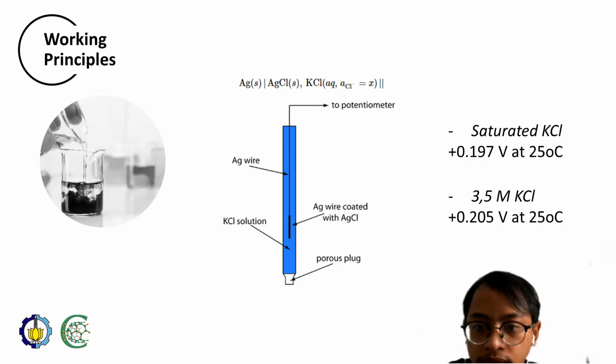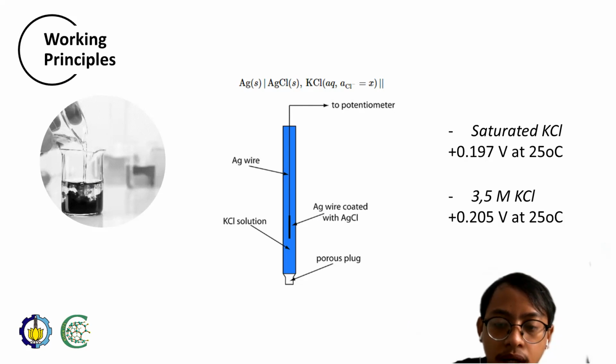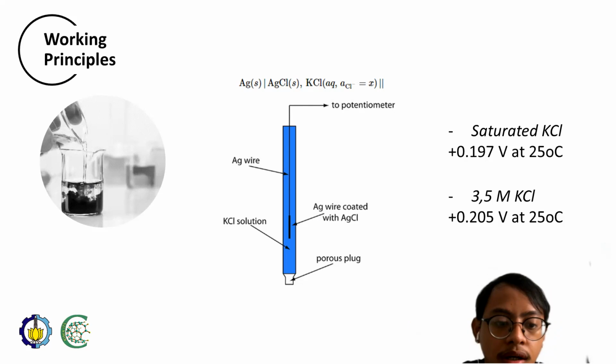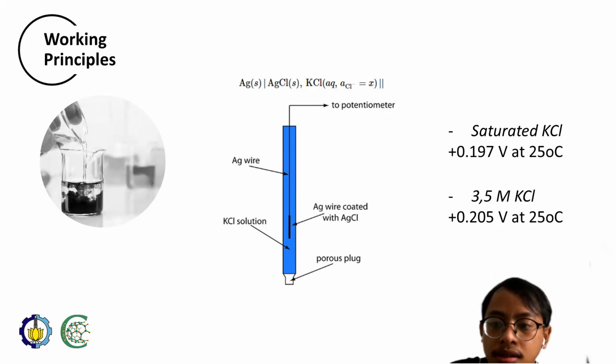As I mentioned before, if we want to know the potential, we use the Nernst equation. In this electrode, we mostly use saturated and unsaturated potassium chloride, and the potential is really fixed at